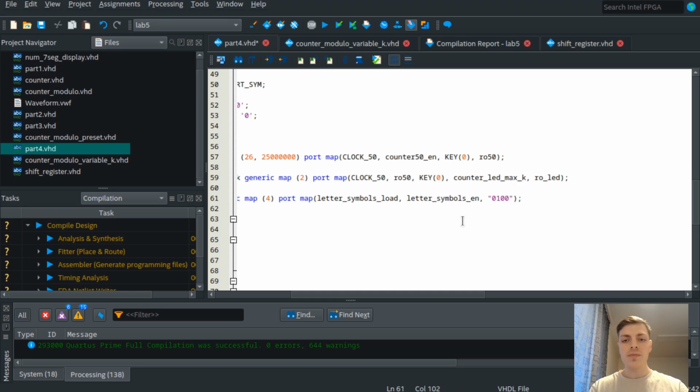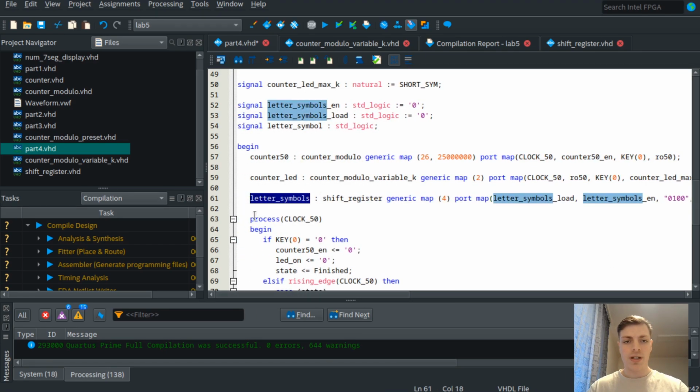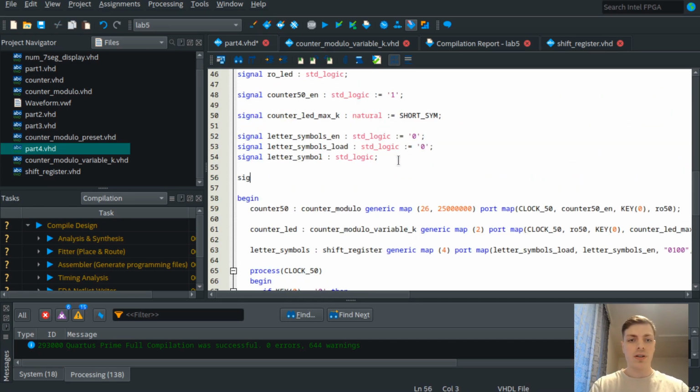So dot, dash, and then we don't care about the 2 other values because they will not be displayed. And then we have our out, and that will be letter symbol. So that's our shift register,